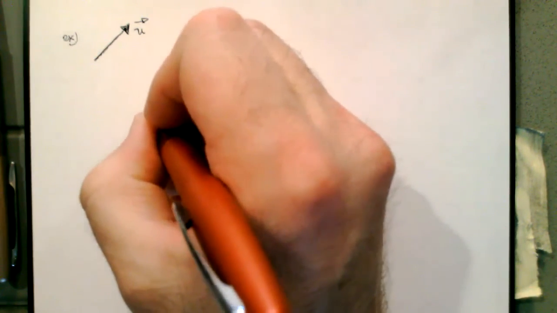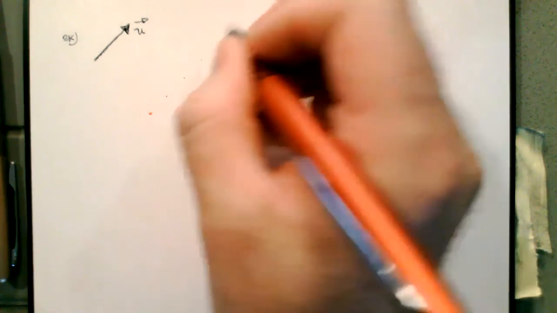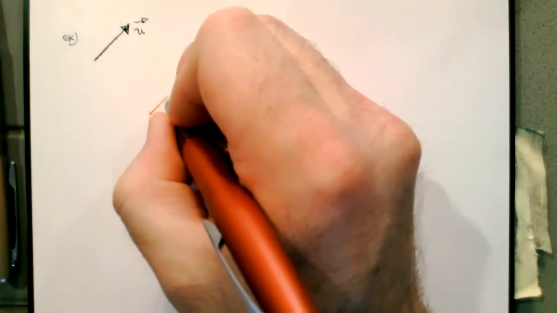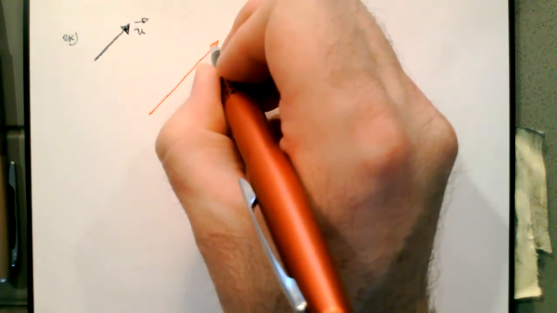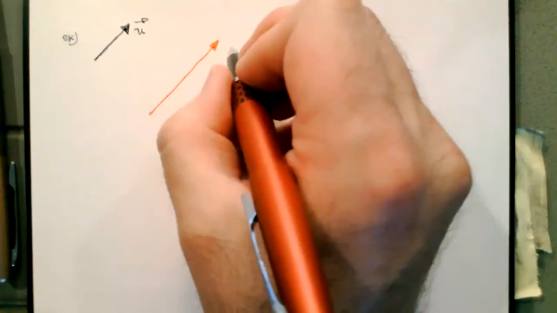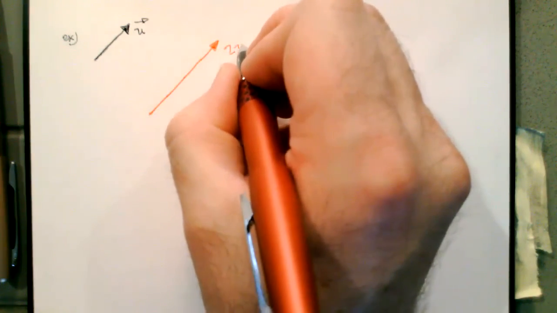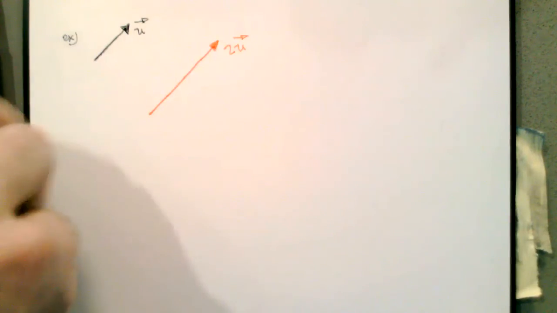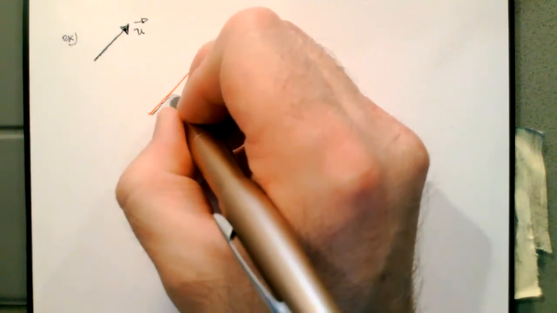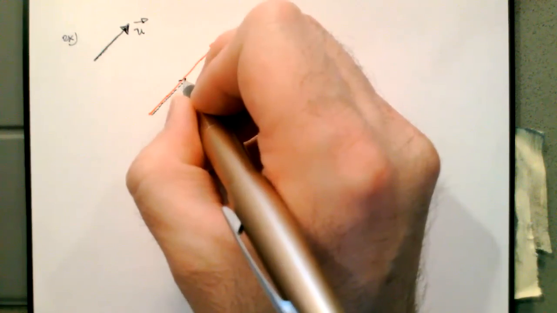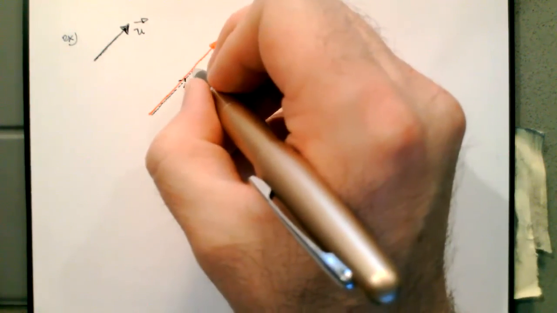So if I maintain this direction, and just go twice as far, that will be the vector 2u. So it's made up of one vector. 1u is up to here, and 2u